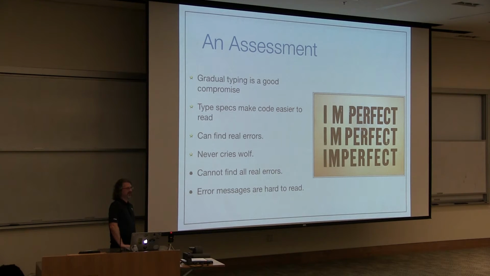Furthermore, just having the type specs on your functions makes it that much easier to read and for future programmers to deal with. I would highly encourage you to use this if you're working in Elixir and Erlang, even if it is not as strong as the Haskell type system. It's definitely going to save you a lot of trouble and probably find some bugs in your code. We've actually had real cases at Basho where type checks have found bugs in our code that slipped through the unit testing cracks, and that is not uncommon. So it's definitely worth checking out and incorporating in your programs.